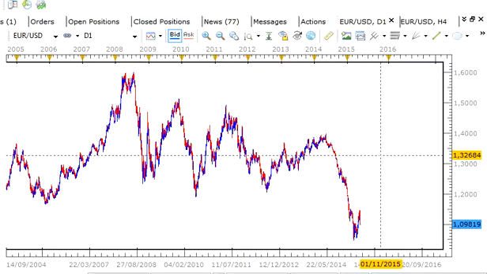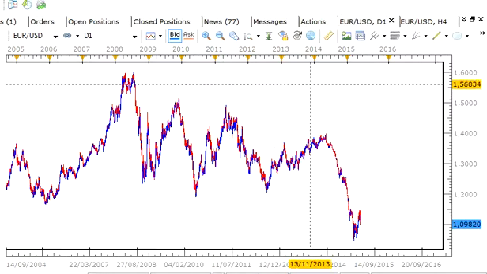Today I'm going to take a look at the situation on the Euro US dollar. Gonna be looking for any swing trading opportunities that might present themselves for us over the next couple of days. And I'm also going to take a look at the 30-minute chart to see if there are any day trading opportunities that might be available for us over the next few hours. Today, May 25th. So, starting off on the daily chart, we can see that the market has actually been in